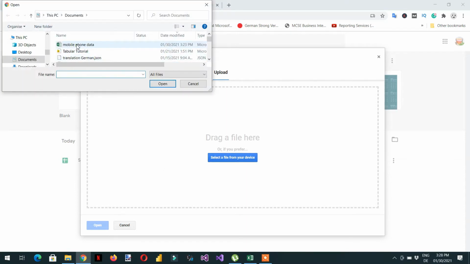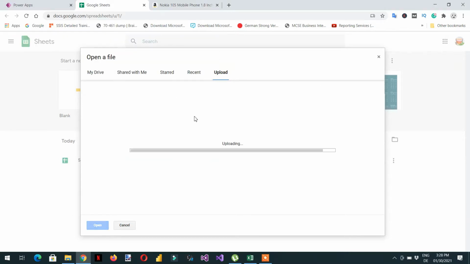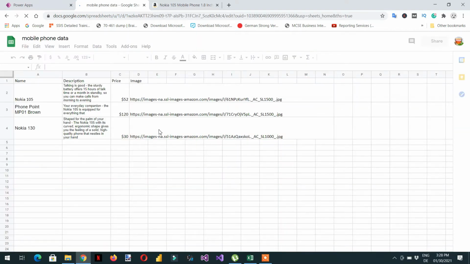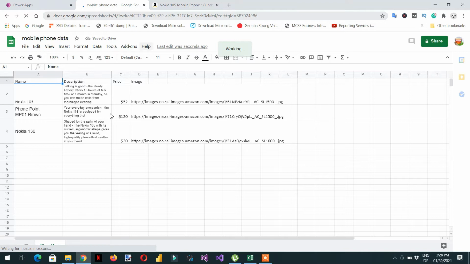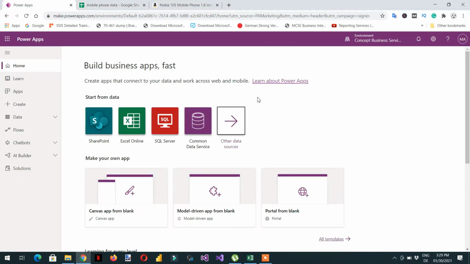and here you can see this mobile phone data. Just click upload, and here you can see docs.google.com spreadsheets, and this is the Excel file. Now we can go to Power Apps. In the same way, we need to start from data, other data sources,